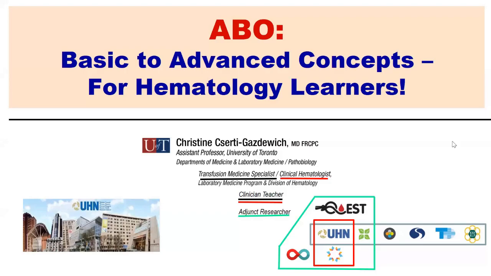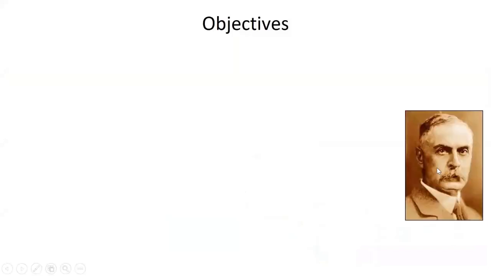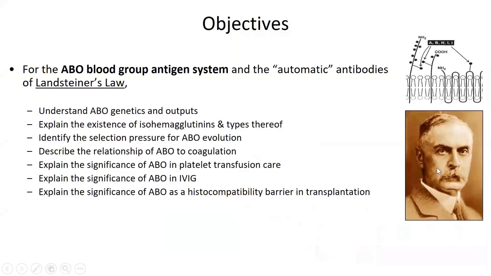Welcome to the session on ABO, Basic to Advanced Concepts. Our objectives are going to be to cover the ABO blood group antigen system and the automatic antibodies of Landsteiner's law. We'll be speaking to ABO genetics and outputs, the nomenclature of the different antigens, the existence of isoagglutinins and the types thereof, when they dawn and why, the selection pressures behind ABO evolution and the current global distribution of